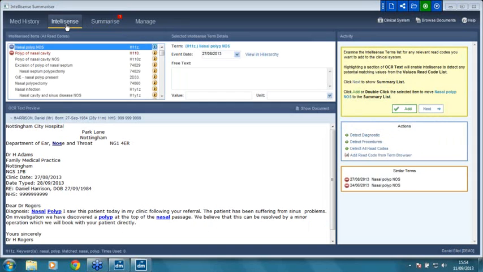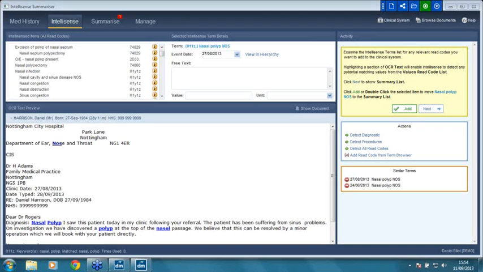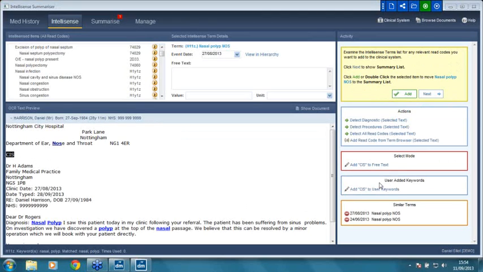Okay, and last but not least, a really brilliant change that's been introduced is, let me give you an example. Let's say, for instance, that one of your consultants in the hospital always said something along the lines of carcinoma in situ. He abbreviated that with the wording CIS. So let's say on this letter, and I know it doesn't at the moment, but it said CIS. If I highlight that, I've got the ability, this is a new section, it says user added keywords. I've got the ability to click on add CIS to user keywords,